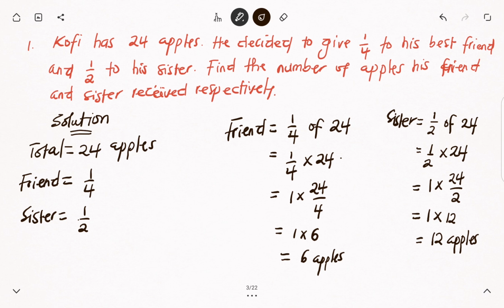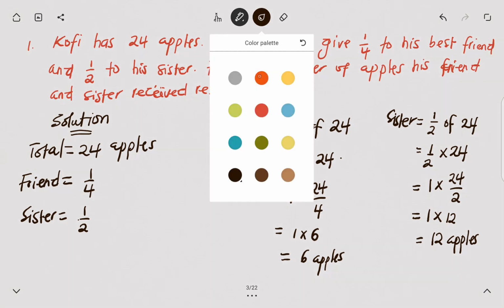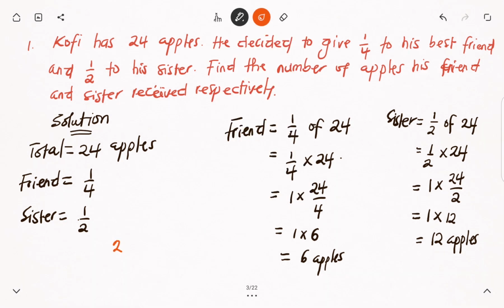And if you look at it, it means Kofi himself will have how many apples left? He will have 24 minus, in brackets, 6 plus 12 apples left, and that will be 24 minus 18, and then he will be having 6 apples left